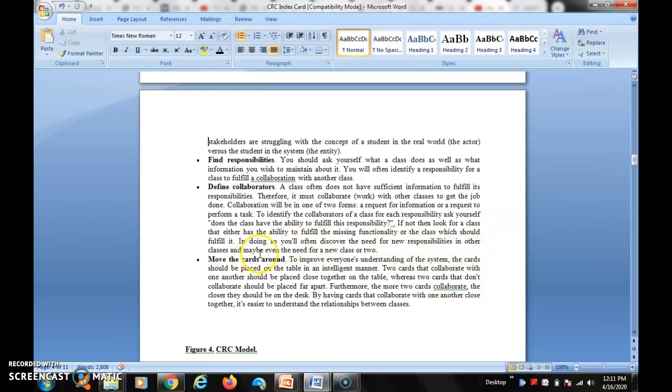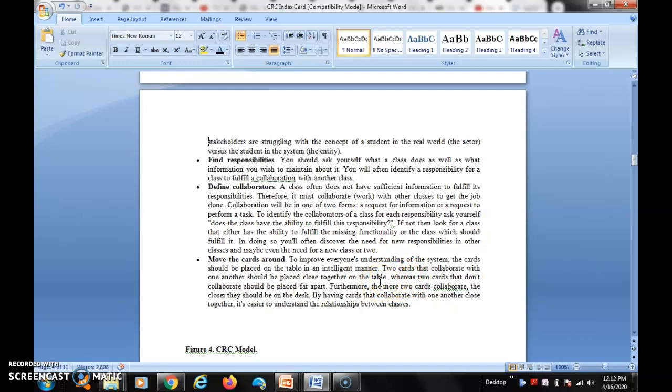or the class that should fulfill it. So you will often discover the need for the responsibility in order to collaborate with the class, and maybe even the need for a new class or two. They move the cards around. They improve everyone's understanding of the system. The cards should be placed on the table in an intelligent manner.